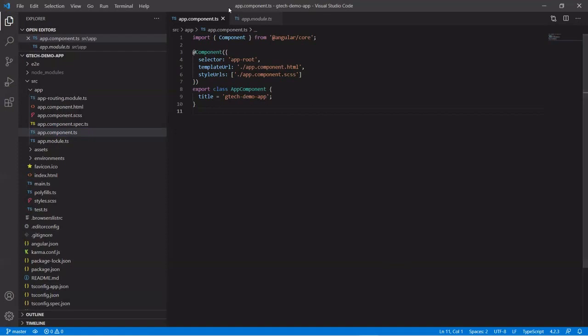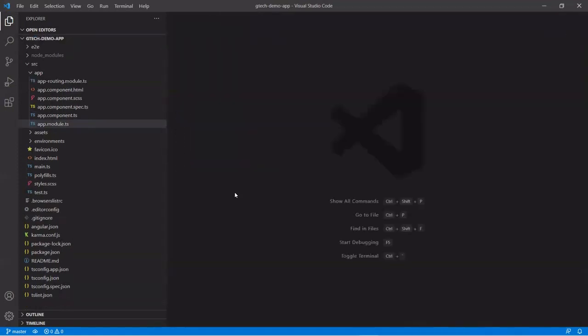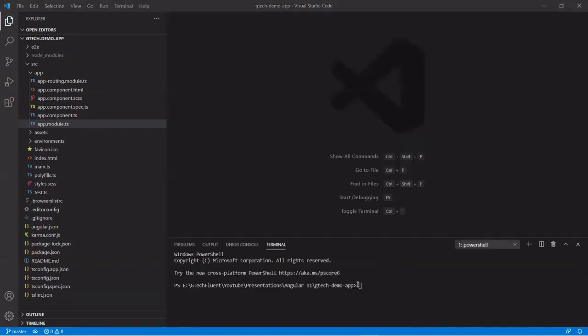So now let's see how to create our own component. For that you need to open a terminal here. So let's go to the terminal and click on new terminal. Once the terminal is open, in order to create the component using Angular CLI, we need to use the command ng. ng stands for Angular, and it is called the Angular CLI. Then we need to use g. The g abbreviation is for generate. As we are creating the component, we are using g.